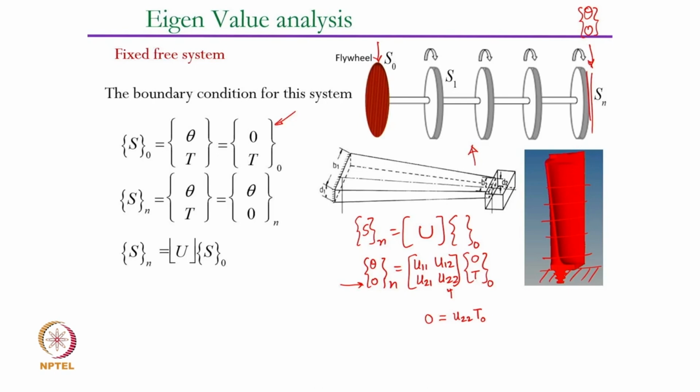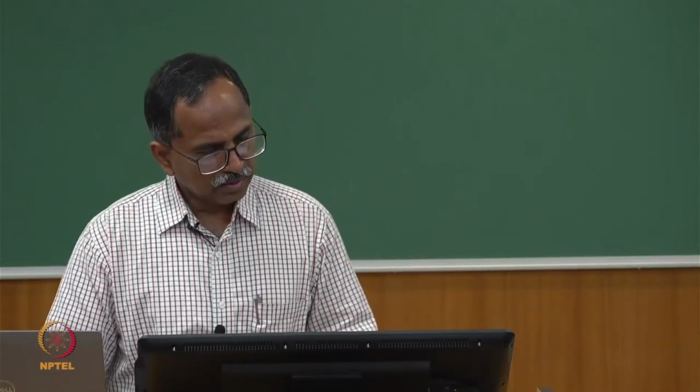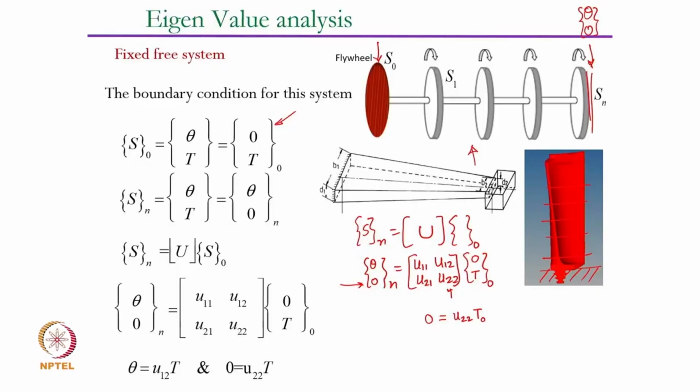It's a dynamic system. It is only possible because T at 0, the fixing moment, cannot be 0 all the time. So the only way for this equation to be satisfied and true for the given boundary conditions is that U22 should be 0. True? Okay. So that means you have this condition that U22 should always be 0, a condition to be satisfied,